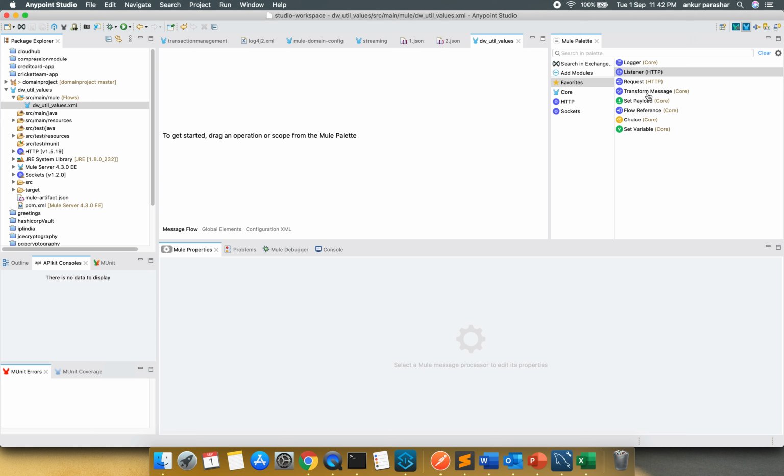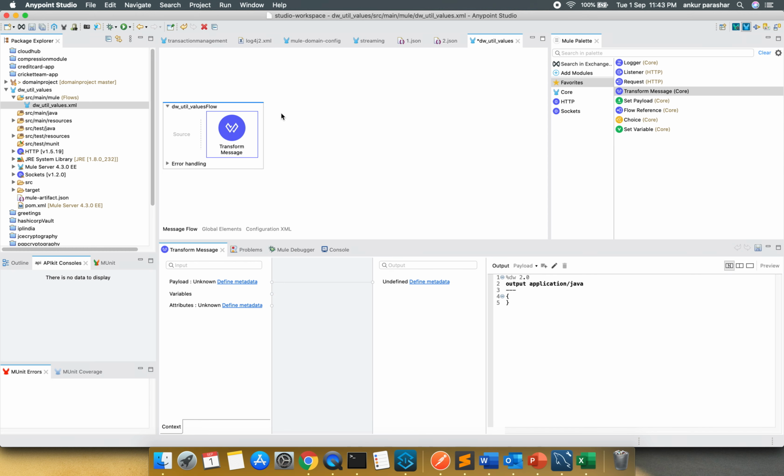This is one of the projects which I have created using Anypoint Studio 7.6, and the Mule runtime is 4.3. I will drag and drop a transform message and make some changes at this level itself. Let's suppose I am going to create a sample payload, very simple in nature.